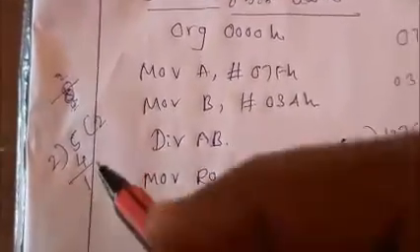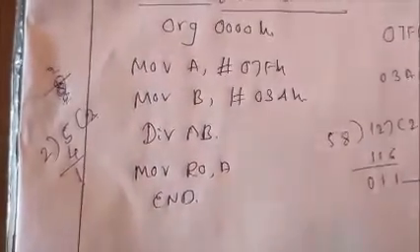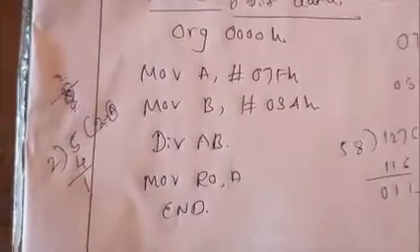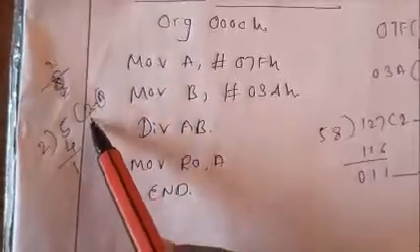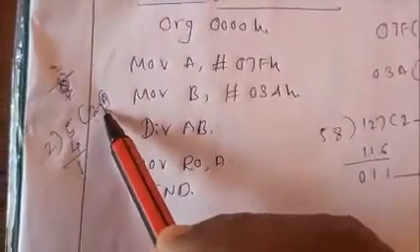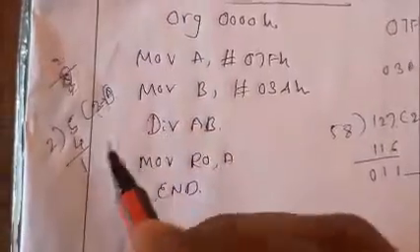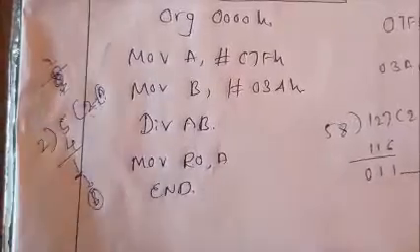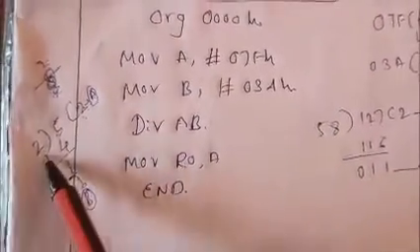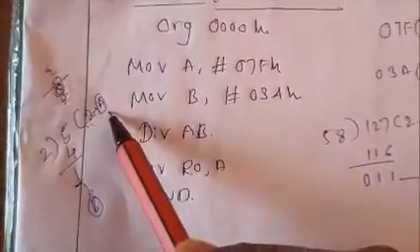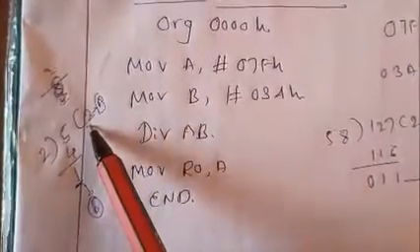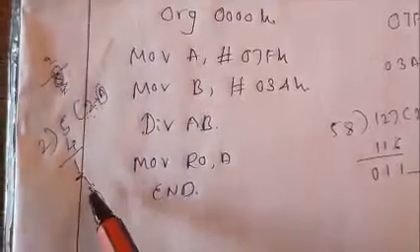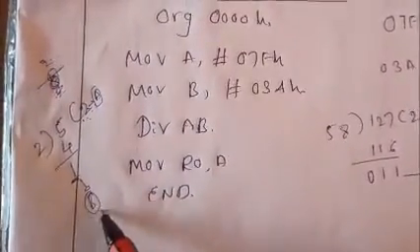But okay, I entered it this way, but how to check the result? That is the main thing. Here I get the quotient 2. Whatever quotient you get, it will always be in the accumulator A only. In this example, 2 is going to be stored in the accumulator, that is register A. Whatever remainder you get here, always the remainder will be in register B only. So if you want to see the quotient result 2, you need to see the content of register A only. If you want to check the remainder, you need to see the content of register B